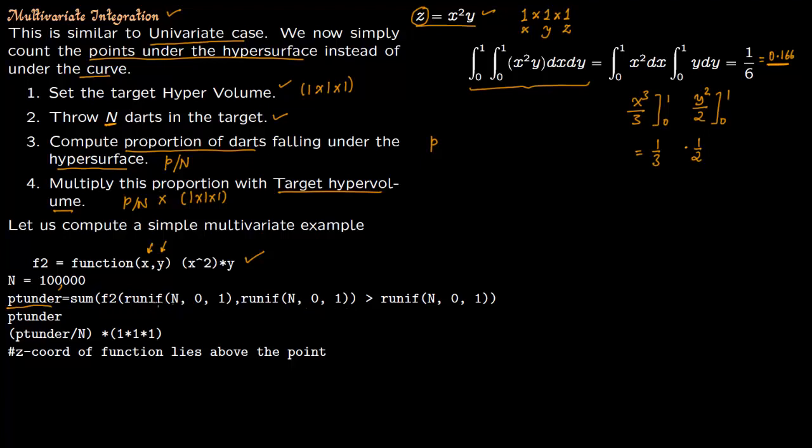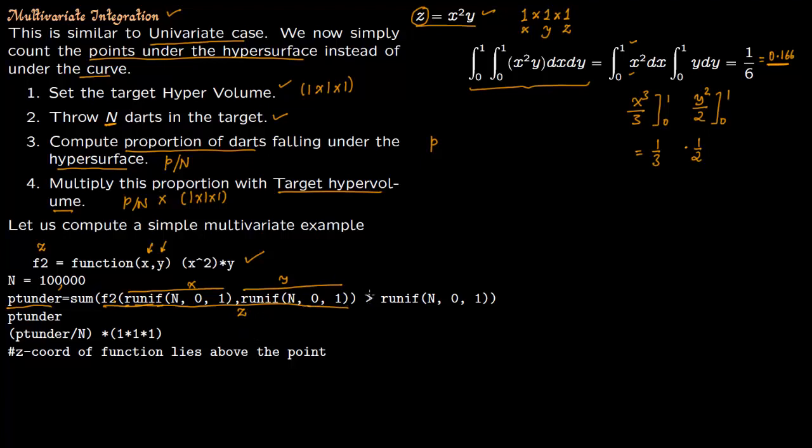So first is that this is the hypersurface. f2 is a function. So this is z. So this is our f2, and see, x is between 0 and 1 and y is between 0 and 1. So there are 2 inputs here. This is x, this is y. So we are taking them from a uniform distribution. So R is for random, unif is uniform. So random uniform, drawing 100,000 points between 0 and 1, and y again 100,000 points between 0 and 1. So this will give you the surface. So this is nothing but the surface of the hypersurface. So these are 2 variables. You could make it n variables. This is your z or hypersurface.